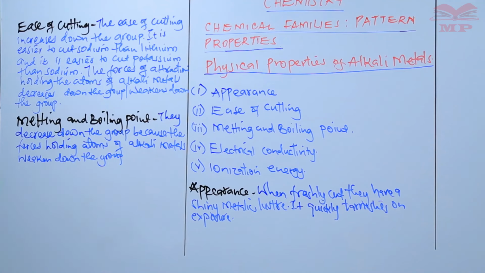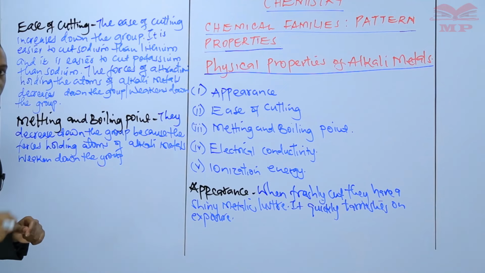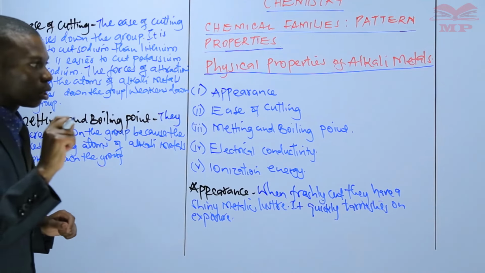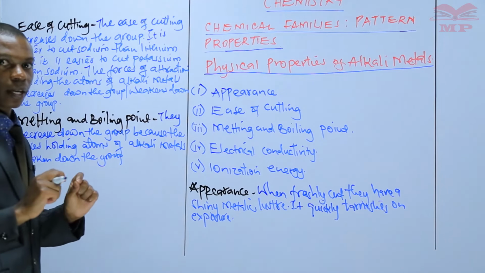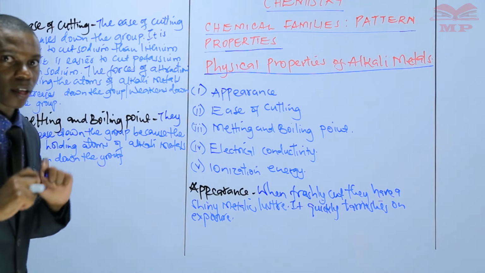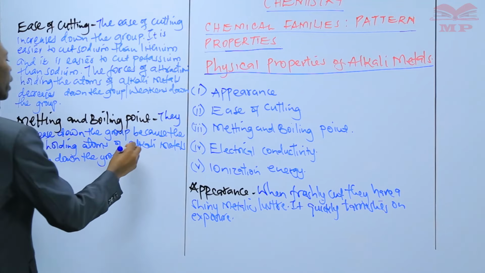because the forces of attraction holding the atoms of alkali metals weaken as you go down the group. So the strength is more in lithium than sodium, and it is more in sodium compared to potassium. Therefore, the smaller the atom,